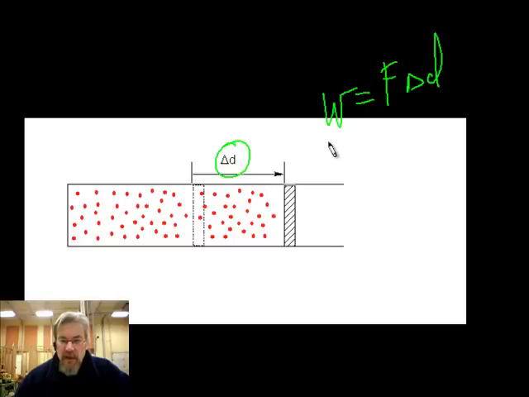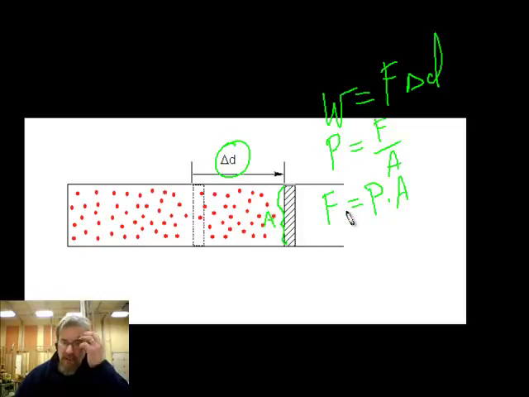Another thing we know is that pressure, which is how we describe force sort of in gases, is defined as force per unit area. So that means the force exerted here by this pressure is equal to that pressure times the area of the piston. So if you could measure this area here, that's what we're talking about. So substituting for force up in the work equation tells us that work is equal to pressure times area times